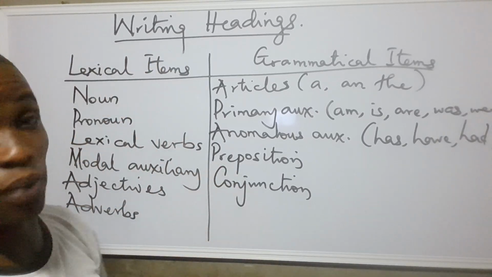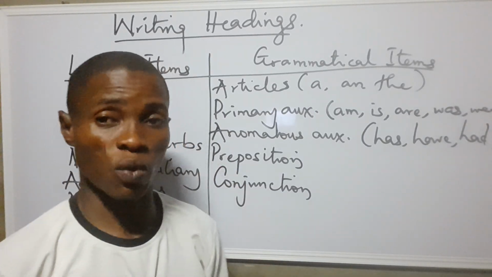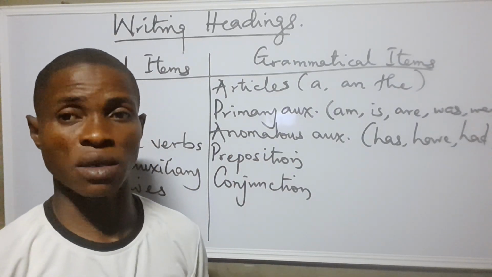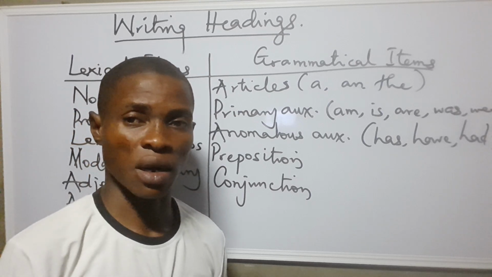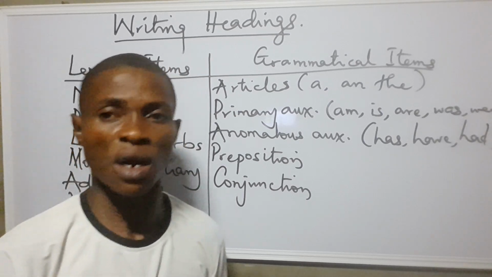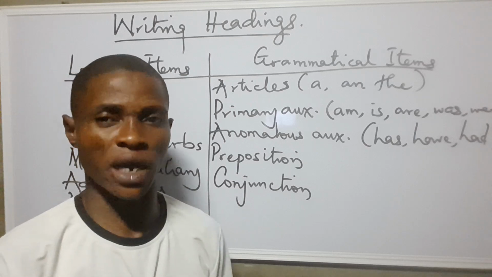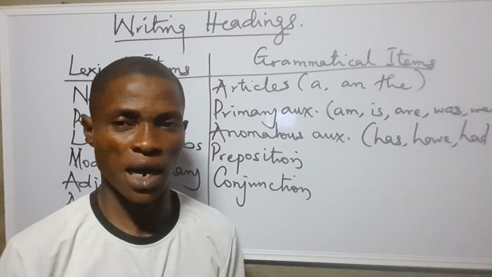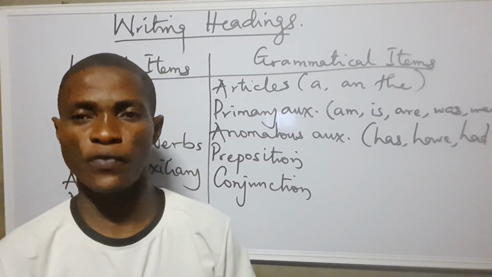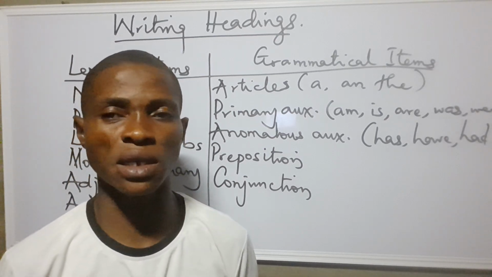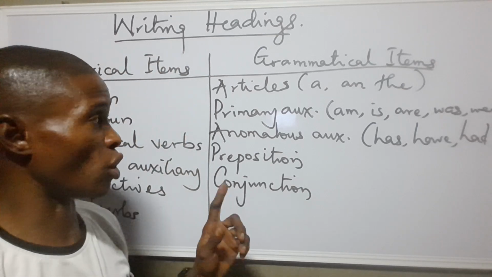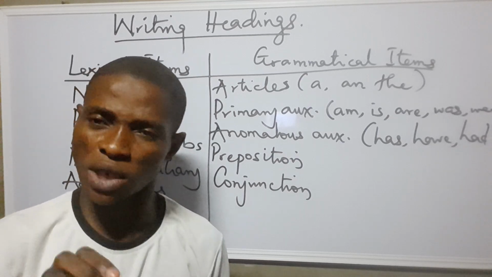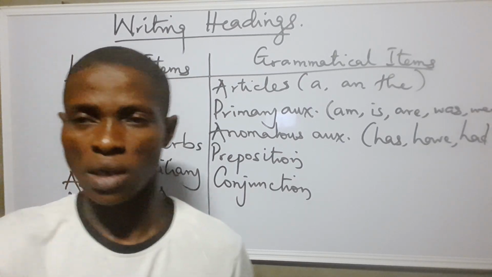Now, the next one is preposition. Anytime we talk of a preposition, we refer to that also as a grammatical item. I bought a car. I bought a toy car for my daughter. For there is a preposition. Now, the next one is conjunction. Bola and Shaliwa are friends. And there is our conjunction. Take note of all this. If you have them, they are called grammatical items. Now, what are those things that we need to consider? Let's wait and see again.